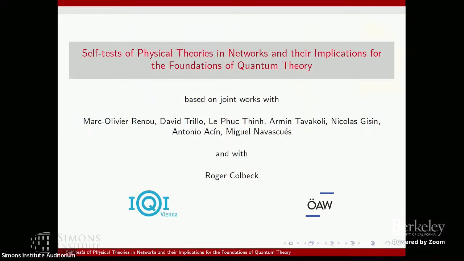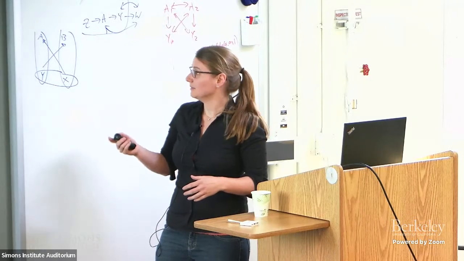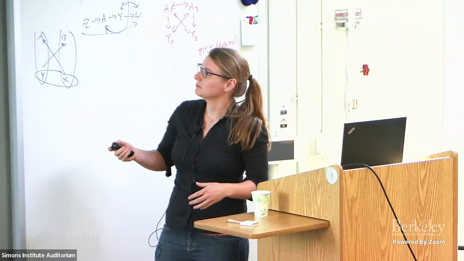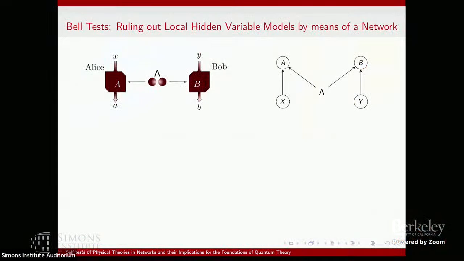Okay, so now why do I think that networks can tell us something about the foundations of quantum theory? I think what comes to mind as a physicist is Bell's theorem. Ellie already has told us that we are essentially in this graph in Bell's theorem. So as a physicist, I think of two parties, Alice and Bob, who sit somewhere space-like separated, and they share some system, and then they can choose measurements to perform on this system. In this case, this will be a quantum system that is shared.